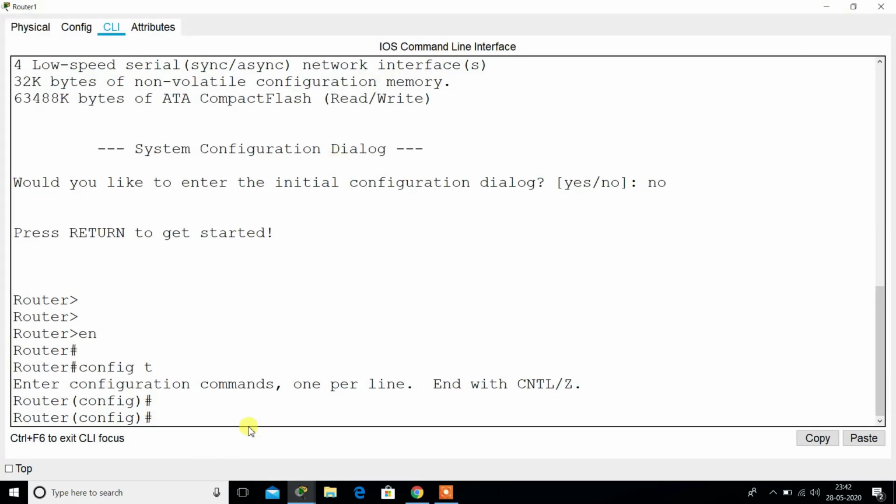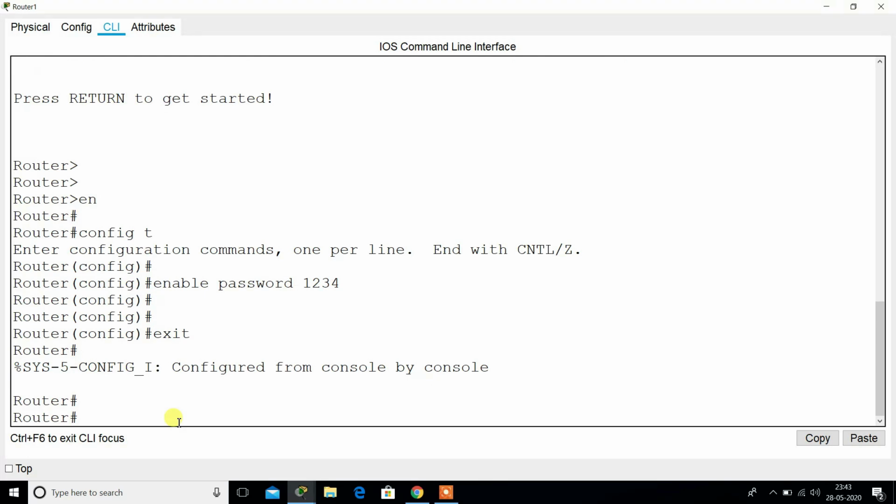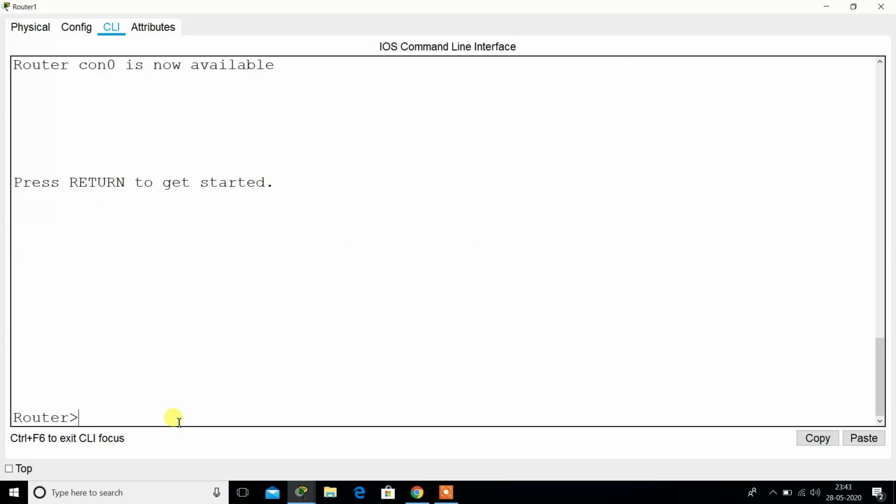Simply go on the router. We will use the command enable password 1234. What is this 1234? This is the password which I want to give, and simply press enter. The password is successfully applied, and if we want to check it, we need to go in user mode, and for that we have to exit from there.